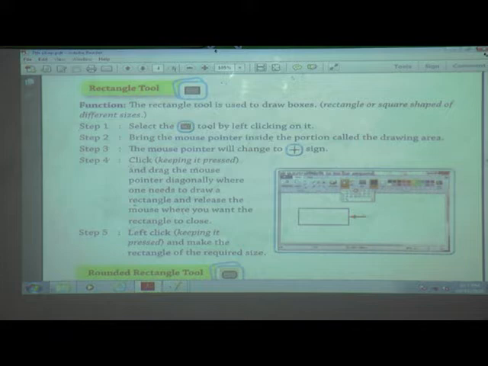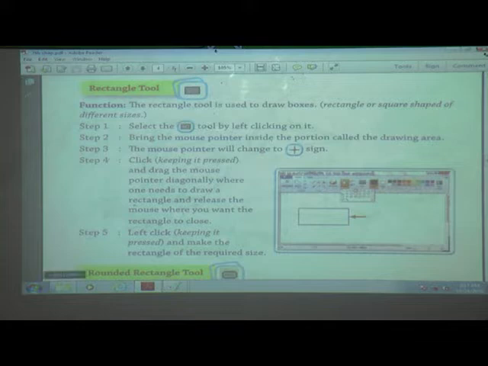Then click means what? Not only clicking. Click means press the mouse left button and continuously drag the mouse. Keep it pressed and drag the mouse pointer diagonally where you need to draw a rectangle.